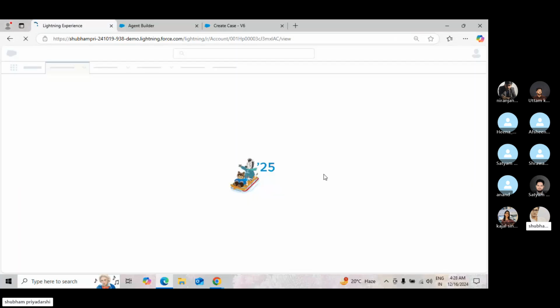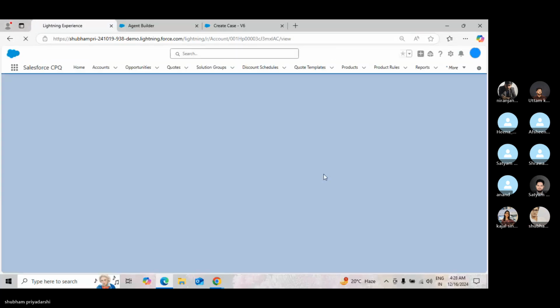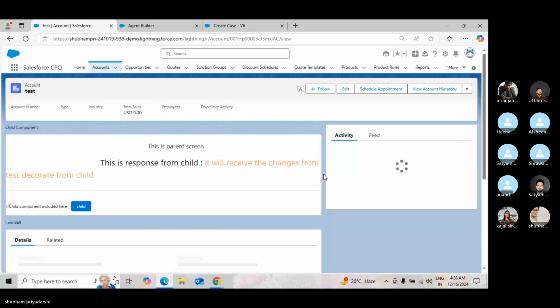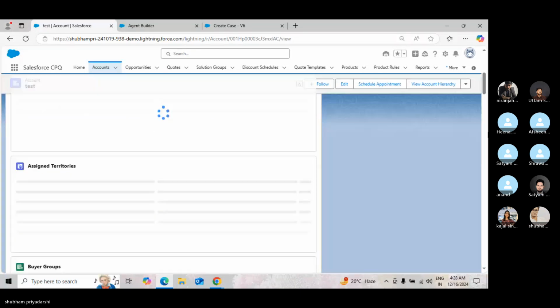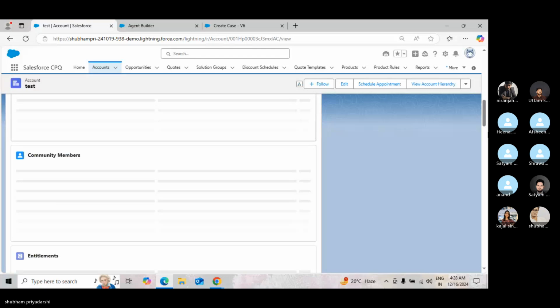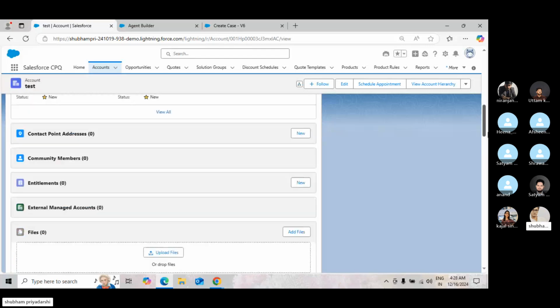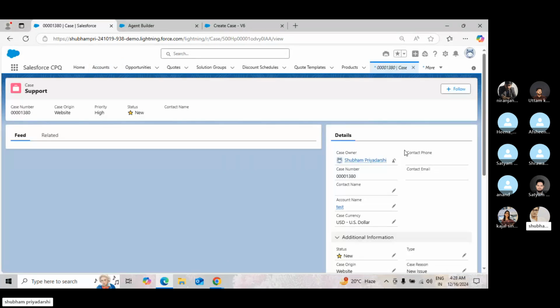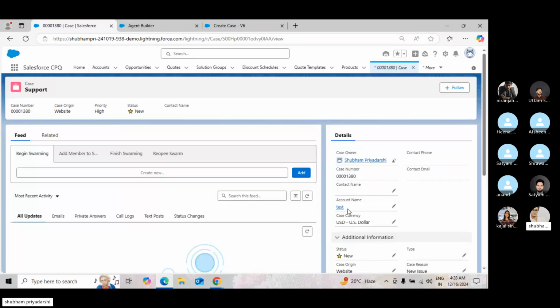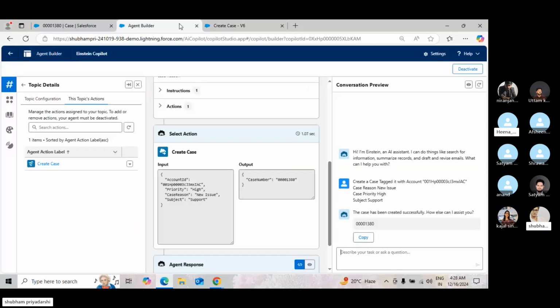Okay, one second. This time it should show the result. Yeah, it's created. Right now it is created with the test. Now let's try to change the logic, because the agent who will log in definitely won't pass the